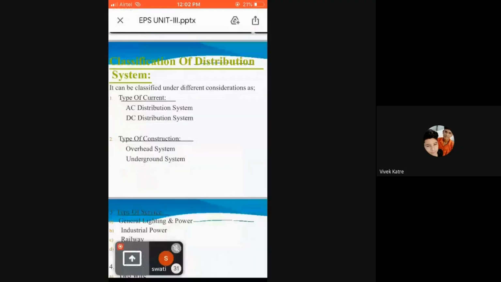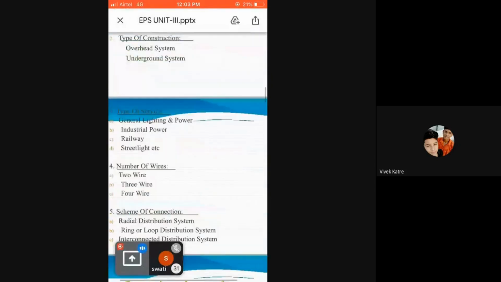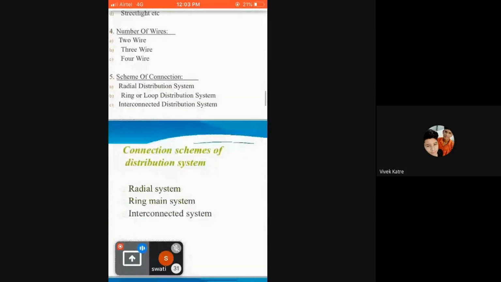The voltage between the outers is equal to twice the voltage between outer and neutral, which is shown in this figure. One advantage of this 3-wire connection is that the system makes 2 voltages available at the consumer's terminal, that means V between the outers and V between the positive and the 0 terminal. So this is the advantage for the consumers. This was the discussion about the DC system.